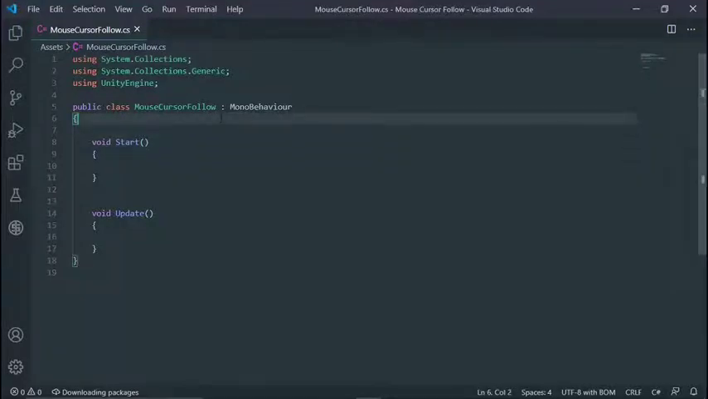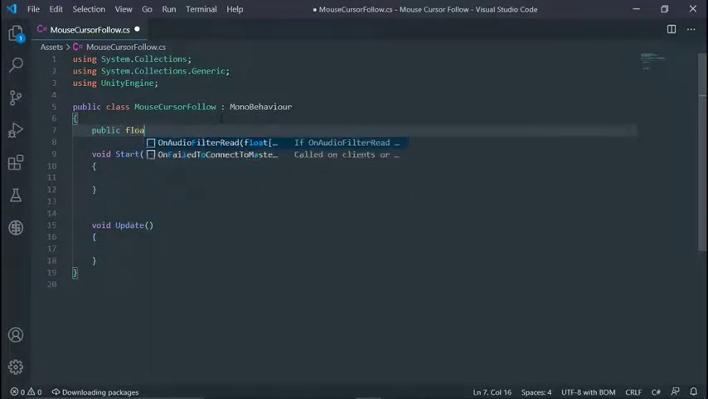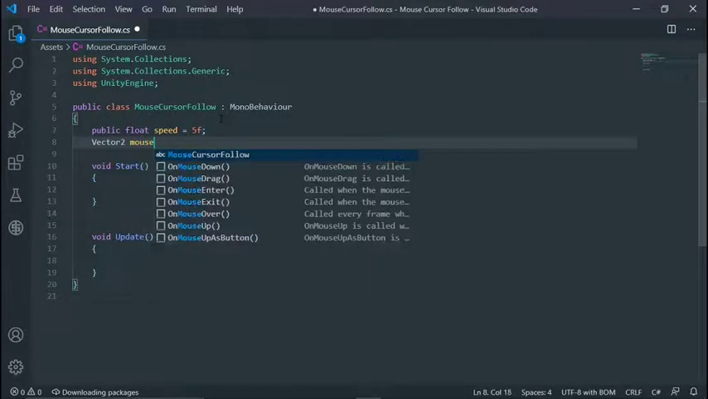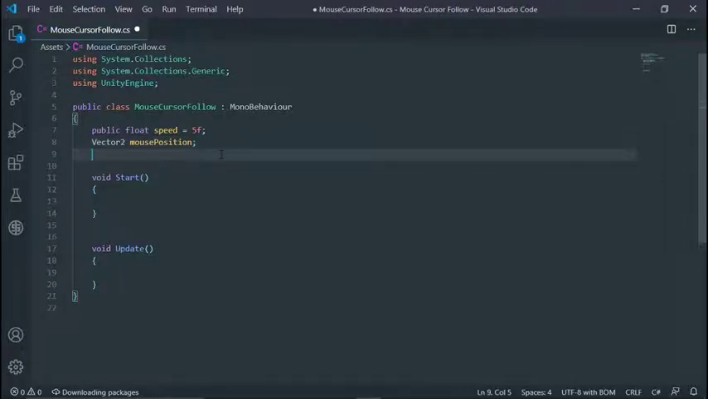So first we want to declare a few variables. First we want to say public float speed, and let's default it to 5, and then we want to say Vector3 mouse position, and then we also want the camera. So we say public Camera myCam,